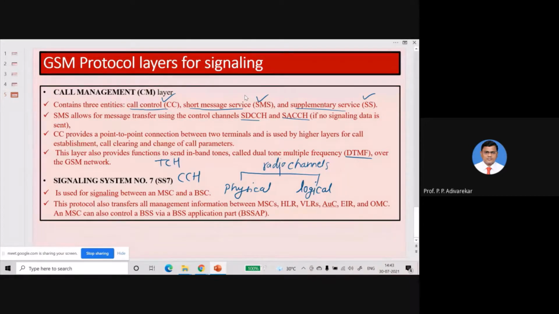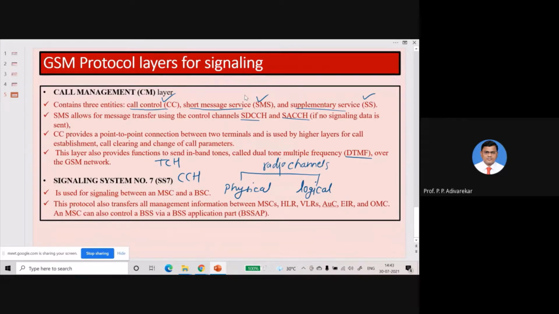DTMF tones are small, regularly spaced beeps sent by the user in order to initiate certain processes. This functionality is no longer in use in the modern era. So that's what DTMF tones are.